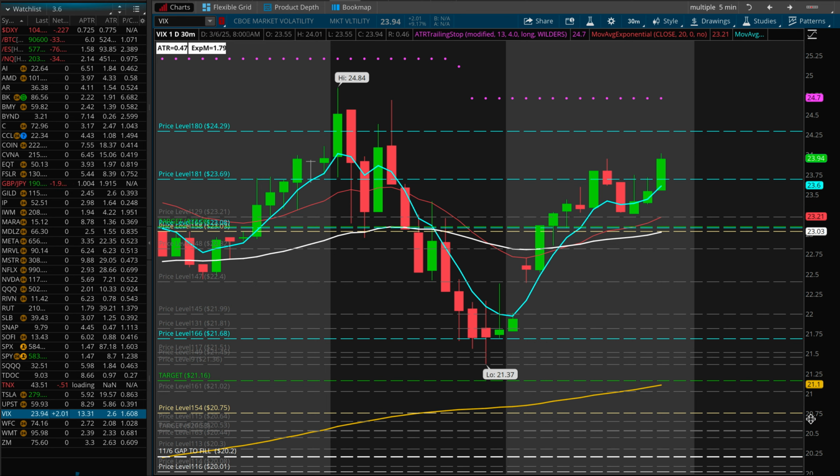We are looking at the VIX today only because the VIX was at this $24.84 level. Looks like we're getting back to that place, or could get back to that place, right? Especially coming off of this low here. Now, where are the trouble places for the VIX? It seems like this area here of about